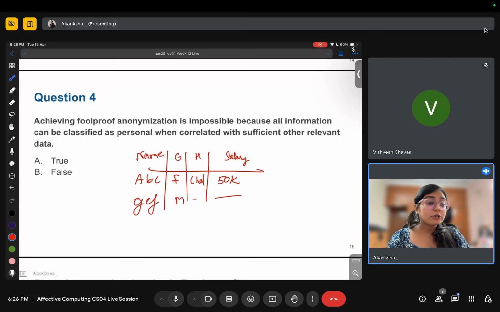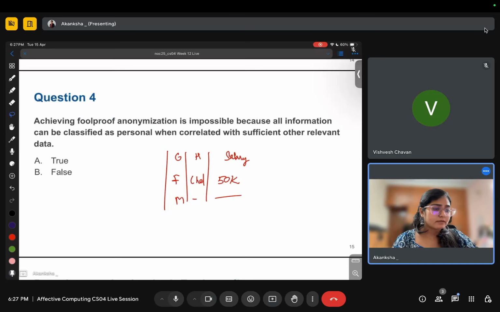Now you want to anonymize, you don't want to reveal which person is being talked about. So let's say I just remove this. Okay. I removed it. But now you don't know which person is earning 50K.